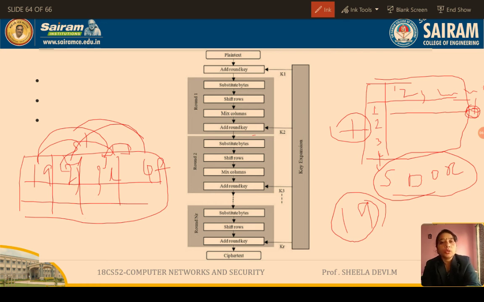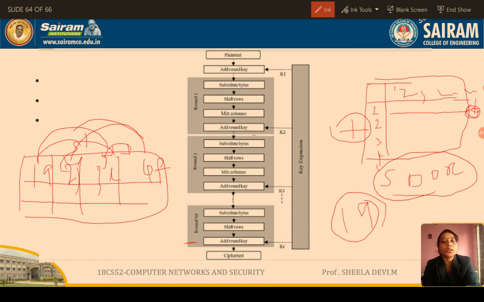Then it will go as the input to round 2. Then the same 4 processes will take place: substitution of the bytes, shift rows, mix columns, add round key. This key will be different, the third key. Again, this key generation is another process that will be taken care of by the AES algorithm. Then at the end, if you take the 10th round, you will find that the mix column operation is not there.